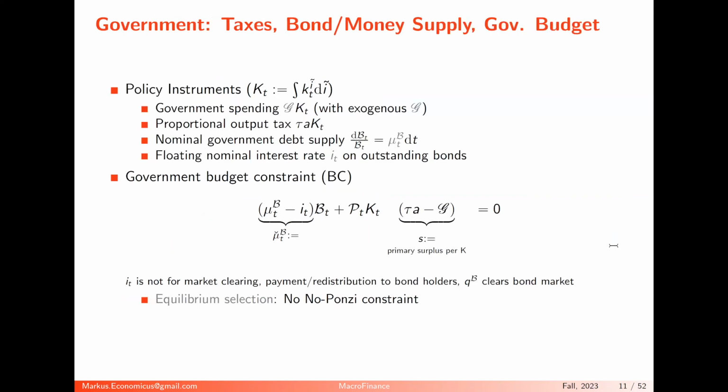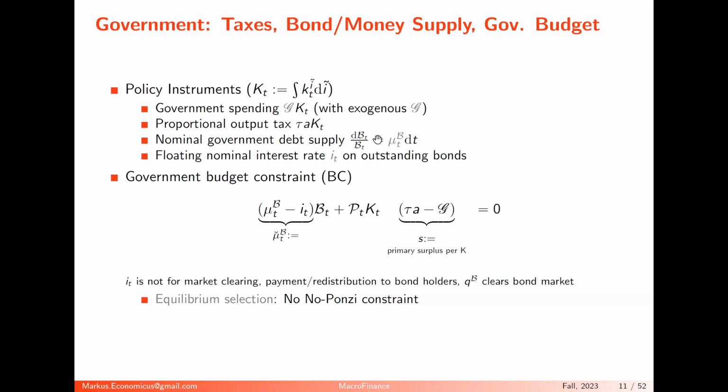Now, what's the government doing? So in aggregate, the total capital stock is just integrating over all individual citizens in the country. That's just the total capital stock in the economy. And as before, we have these AK economies, so everything is scalable with respect to capital stock K. So the government spending is script G times K. Think of this like a little g, the government spending per unit of K. The government tax is on output, so it's tau times AK, the real tax revenue.